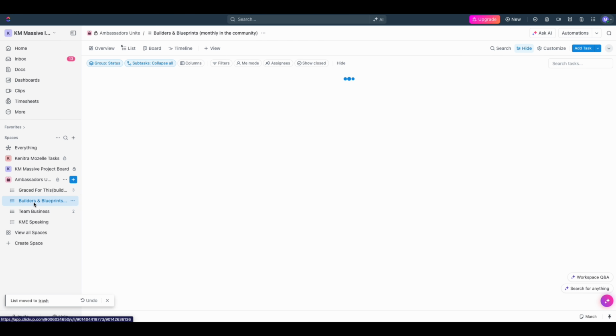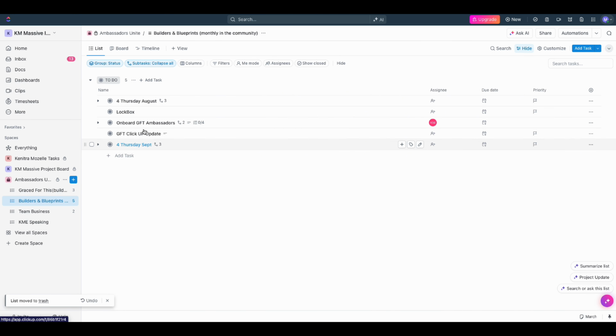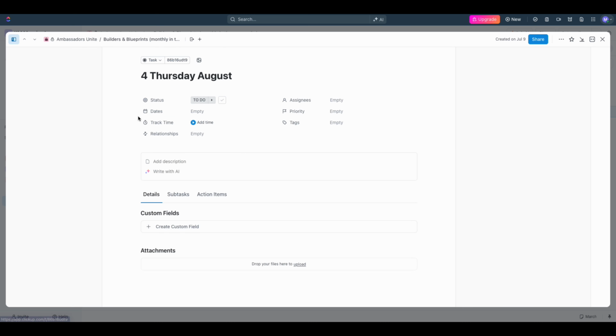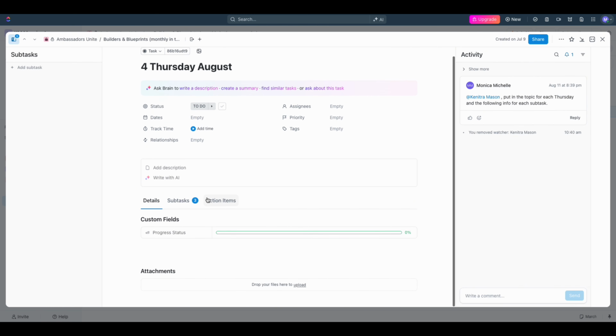When we go down to builders and blueprints, this is what's posted on a regular basis inside of the community. Right now, it's set up for the Facebook group. Of course, those adjustments can be made if and when need be. And so it has lockbox, which we like to do because that's the static information. It might be the login and the password for a program or something of that nature, but it has the 4 Thursdays in August, the 4 Thursdays in September. What's the theme? And then whoever is assigned to designing the content and putting everything together,